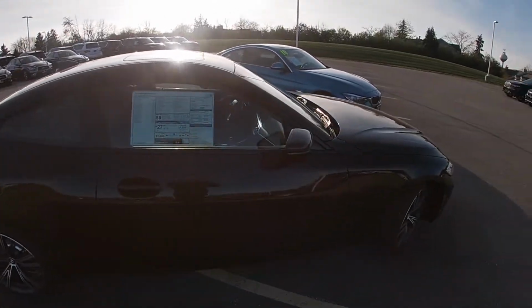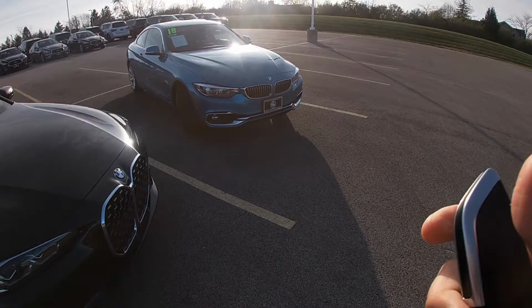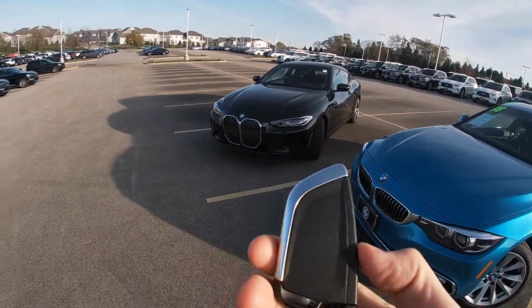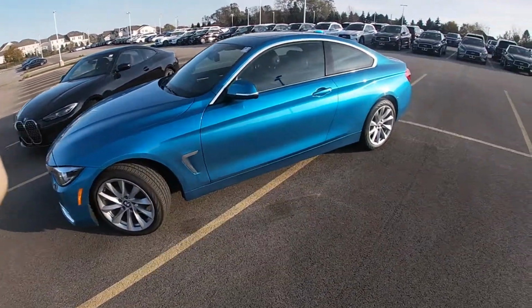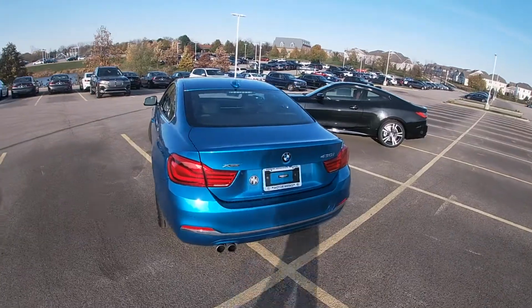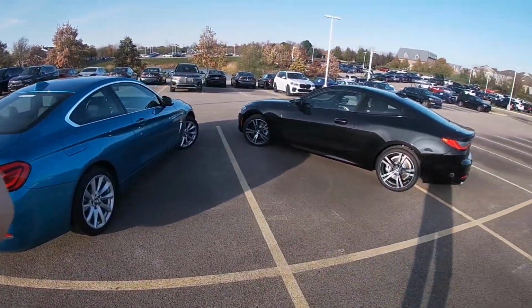Also, this is the old key, and just like other newer BMW models, you have this newer generation key fob on the new 4 Series. This is a beautiful color, and BMW always stands out with its color options. Looks awesome. Sorry it's not washed,